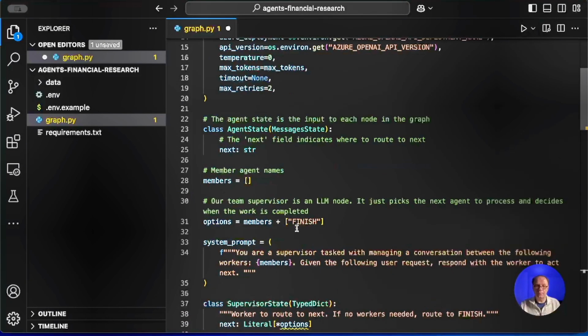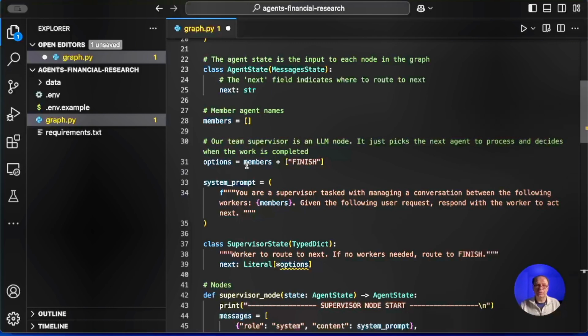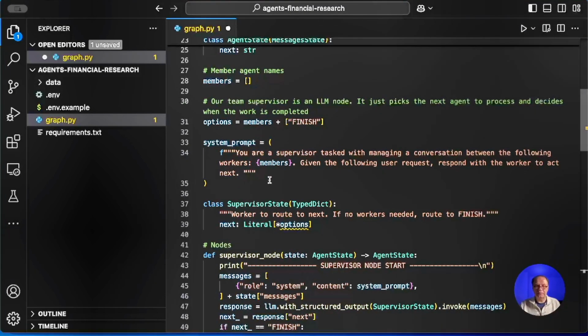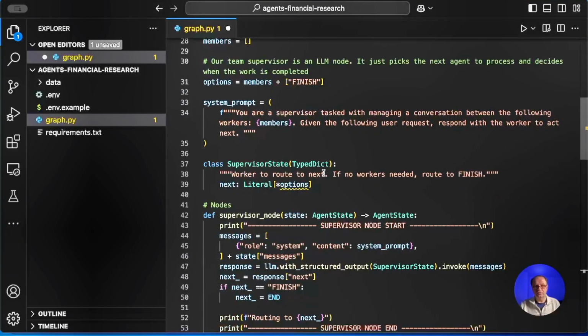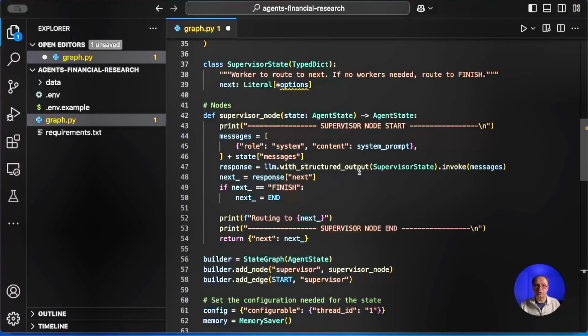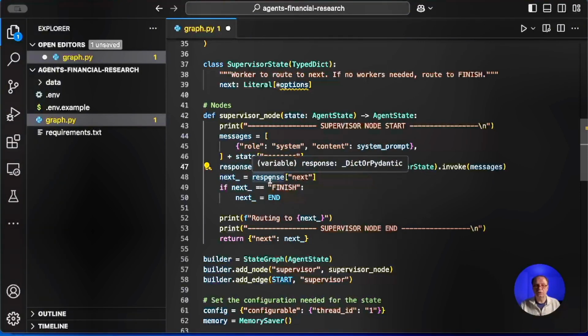Then we define the agent state. We defined our members, currently none. An option array would be members plus the finish word. System prompt for our supervisor agent. Then we define the supervisor state by passing a type dict. This is basically a Pydantic class that will return the next as a literal of one of the options. Then we define the supervisor node agent, which will just simply do an LLM with structured output invocation, passing the supervisor state as a Pydantic class and getting back a structured output where we just parse the next keyword from the